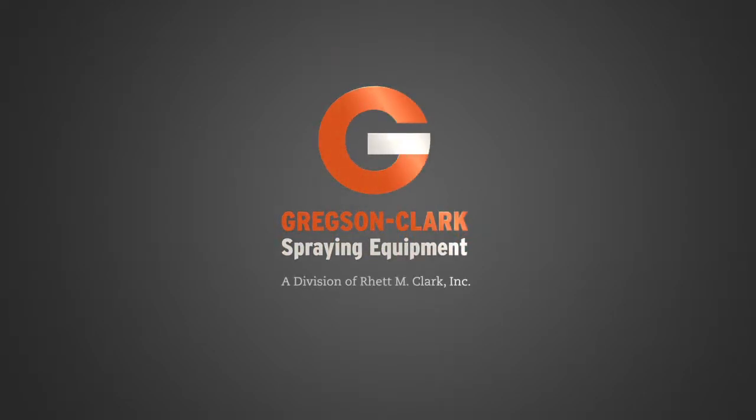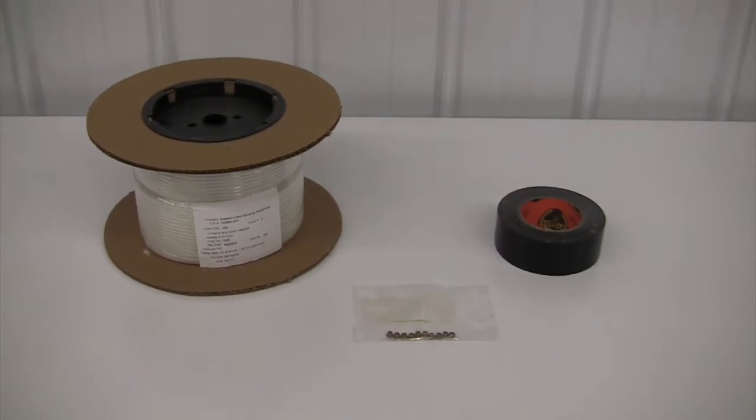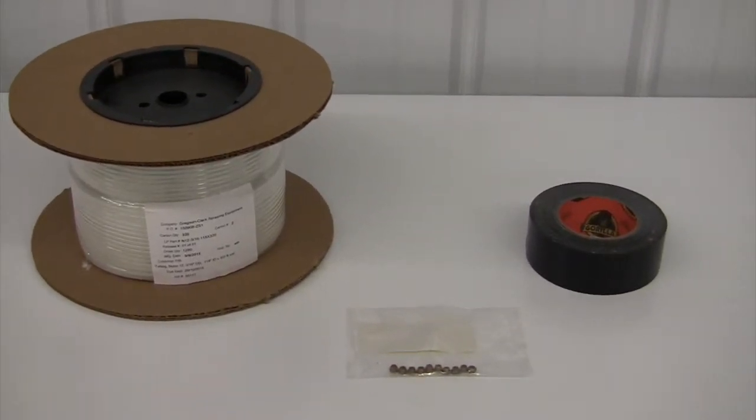This video provides an overview along with basic instructions on how to replace nylon tubing on coax hose. For this, you will need a new roll of 3/16 nylon tubing, Gorilla Tape, and new compression fittings to reattach the nylon tubing. Start by pulling the hose entirely off the reel, laying it on the ground fully extended as